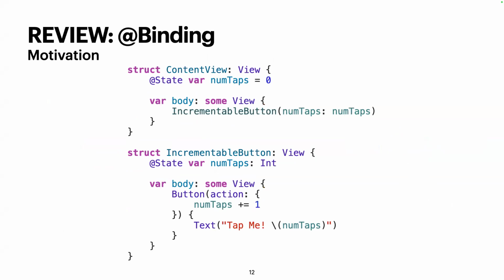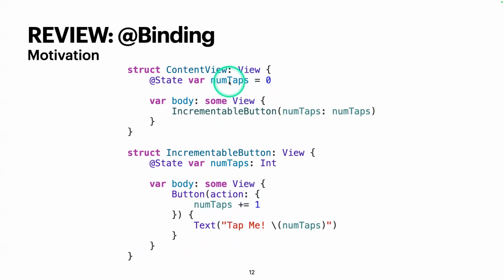The next property wrapper is @Binding. The reason for @Binding is when we want to sync up a variable in its parent view to its child view. For example, here we have these two views: content view and this incremental button view right here. We basically want to pass numTaps into the incremental button. And the incremental button has the UI where we click the button and it will increment numTaps. So our goal here is that when we click on the incremental button, we want to update this numTaps,